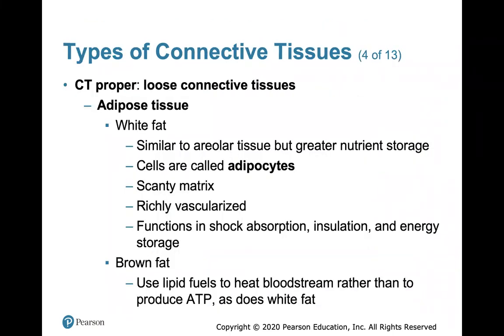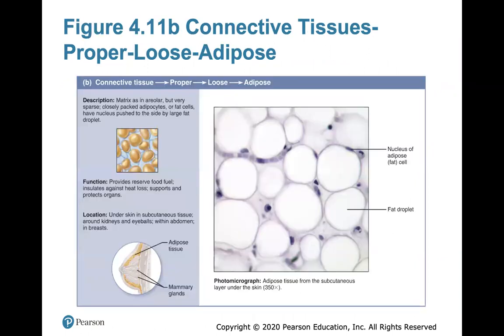Adipose tissue is white fat. The cells are adipocytes, which contain the fat. It functions in storing nutrients, shock absorption, insulation, and energy storage. Here's a look at adipose tissue. It looks like these adipocytes are completely empty because they're clear, but they're actually filled with fat droplets because fat